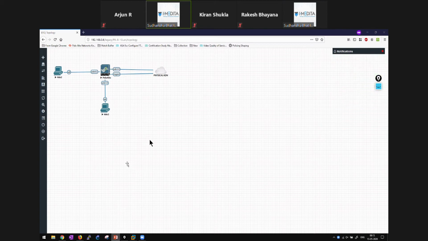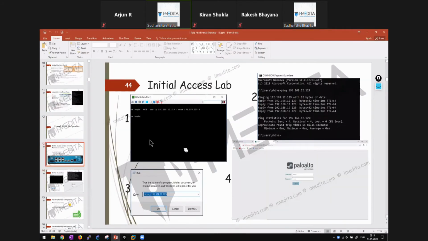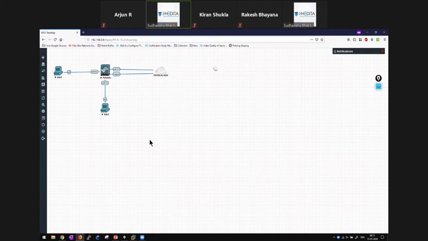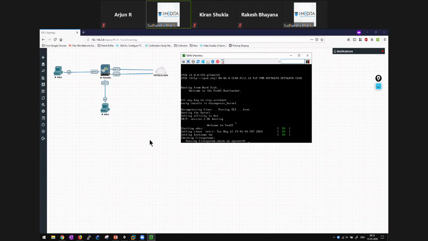Like we discussed yesterday, if you remember, the VM-Series firewalls on their management interface work as a DHCP client. So basically on my home network here, I have a Wi-Fi router acting as a DHCP server for everybody, even my laptop. So that same DHCP server is going to give it an IP address once this management interface does a DHCP discovery. Okay. So you can click on this, and this shows the boot up process of this firewall.